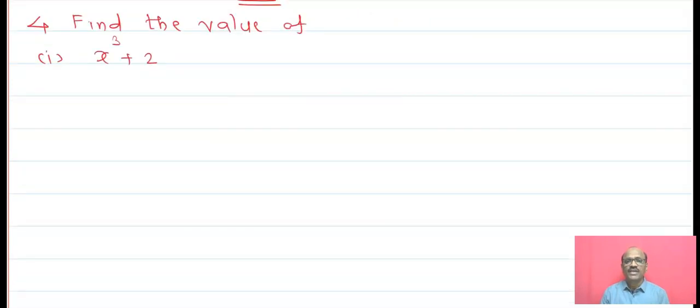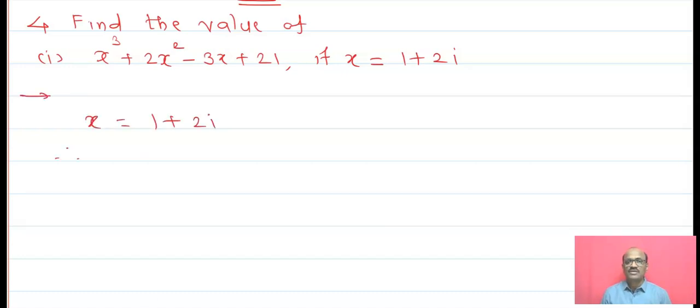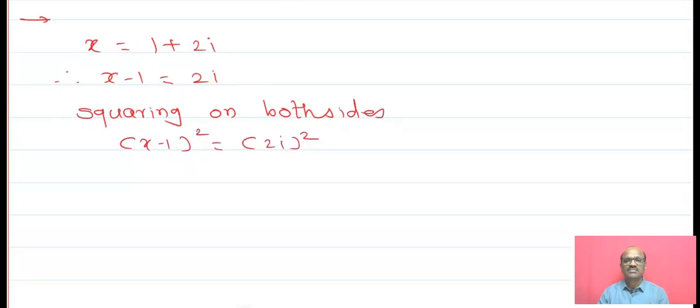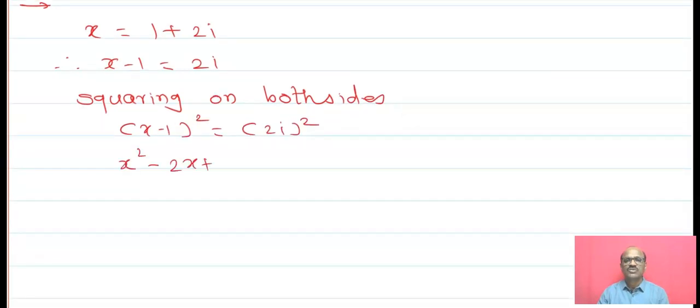Find the value of x raised to 3 plus 2x square minus 3x plus 21 if x is equal to 1 plus 2i, and we will evaluate this type of example we have already finished in the exercise. x minus 1 is equal to 2i. Squaring on both sides, x minus 1 bracket square is equal to 2i bracket square,